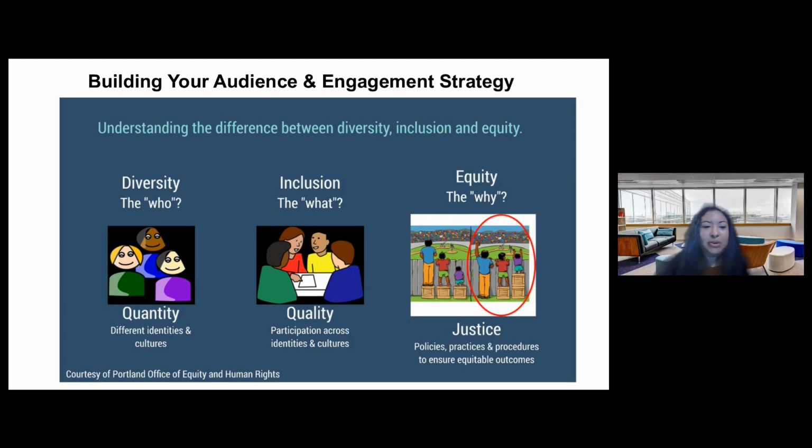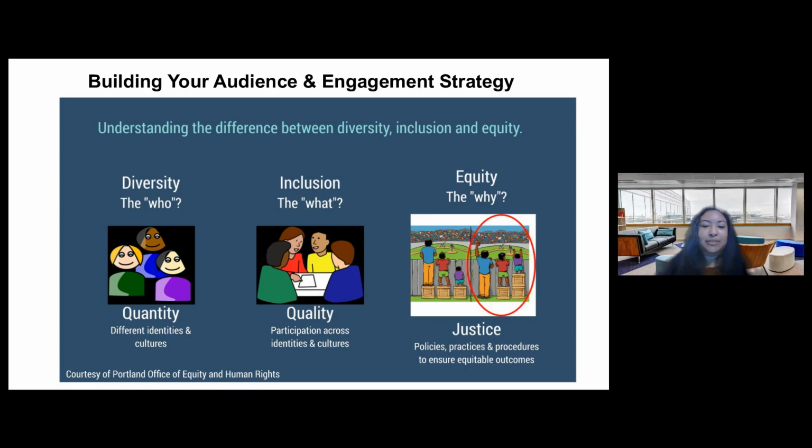Diversity is the who. So if you look around the room and you see only people that look and think like you, then you don't have diversity, right? Diversity is making sure that there are different types of people in the room. Inclusion is really, are they allowed to participate, right? So if you look around and you see diversity and you think that's great, but then who are the decision makers, right? If all the decision makers are still only the people that look and think like you, then that's not inclusion. And equity is really about the justice of it all, right?